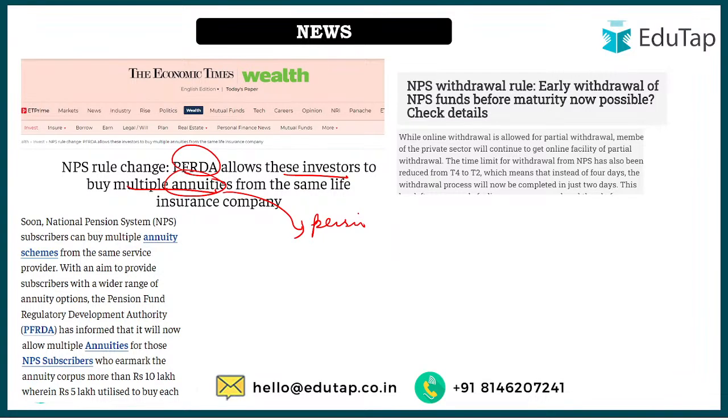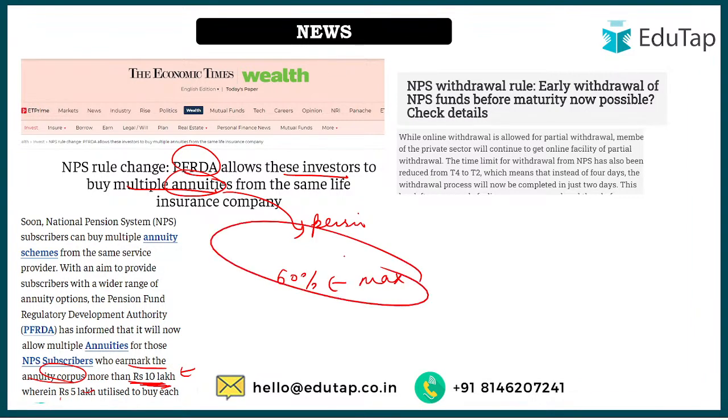Now what PFRDA has said is that if the beneficiaries who earmark the annuity corpus have more than 10 lakh with them, wherein 5 lakh is utilized, meaning half of it, they are covered. Because see, the 60% withdrawal which we talk about is the maximum you can do. If somebody wants to do less than that, that is also welcomed by the organization, okay? So for people who have more than 10 lakh in the corpus, and these beneficiaries are willing to utilize 5 lakh to buy annuities, meaning half of it,